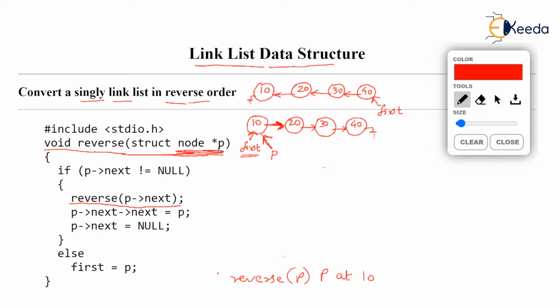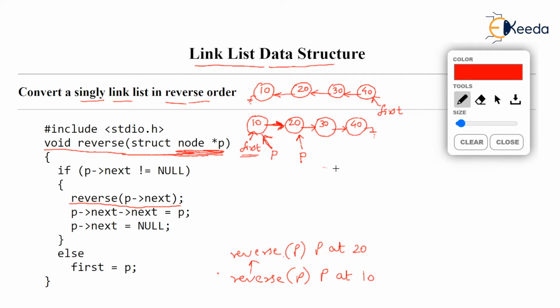of the function. So the fresh function starts due to the recursive call, and the function is reverse with parameter P. P is the parameter and P is now pointing at 20. You all know that the pointer P at 10 is also existing, and pointer P at 20 also exists. Yes, there are two copies of P, but one of the P is local to the function which was running for node 10, and the other P is local to the function which was running for 20.